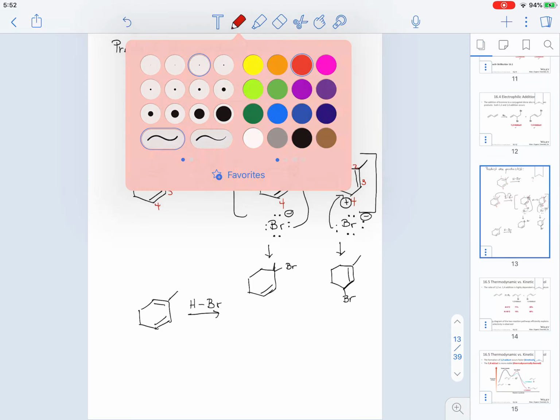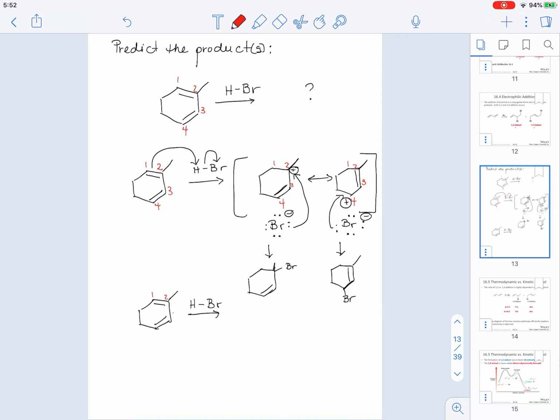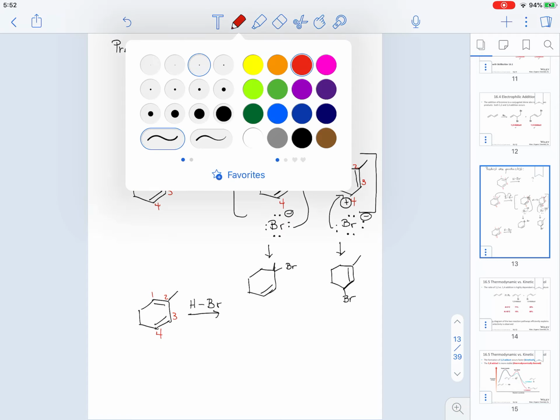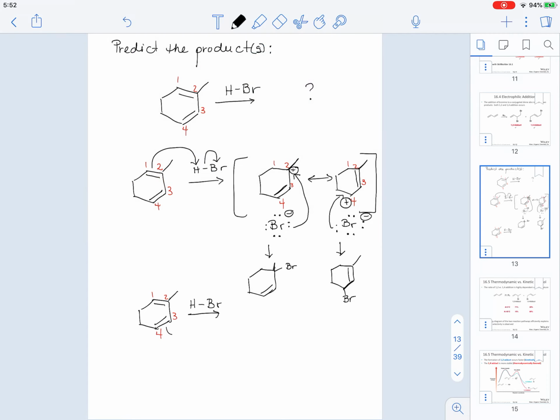Let me relabel the carbon atoms. 1, 2, 3, and 4. If the alkene that proceeds to get protonated is the one between 3 and 4,